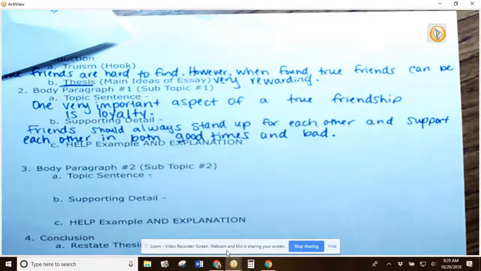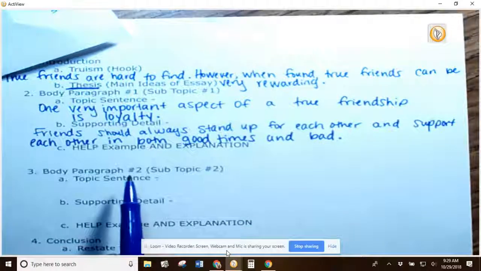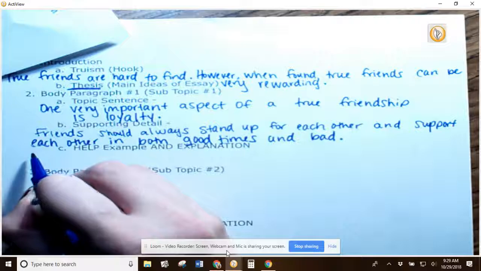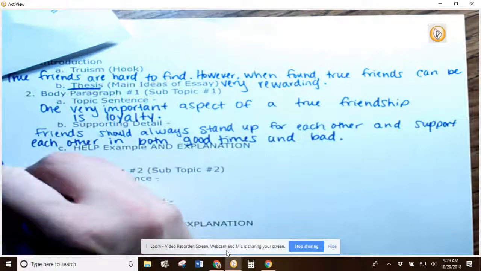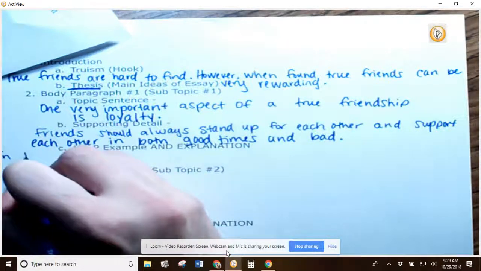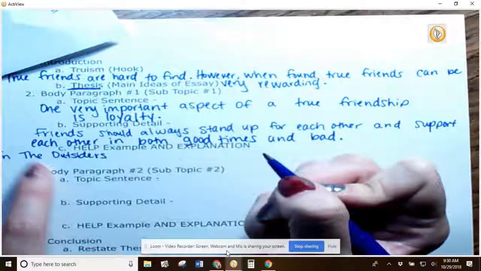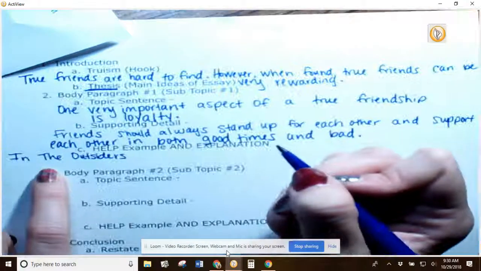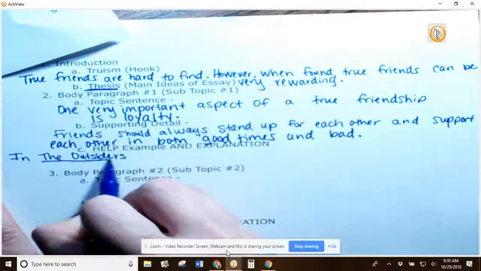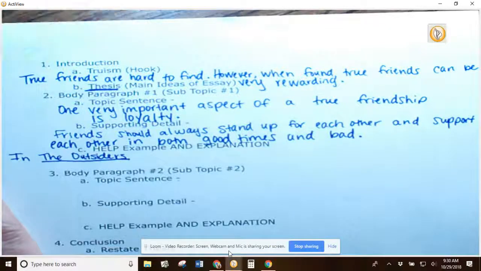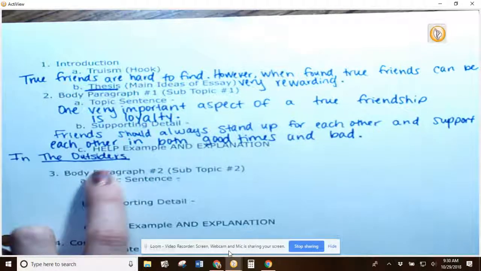Okay, so let's tie in The Outsiders. So you want to make sure that you cite where this example is coming from. Okay, you could say something like, in The Outsiders. Okay, and make sure that when you use a book, what should you do to show that it's a book? Put it in quotation marks. Well, you should capitalize it, and then you should underline it. Books are underlined. If it was a poem or a short story, you'd put it in quotation marks, but a book you underline. Okay. In The Outsiders,